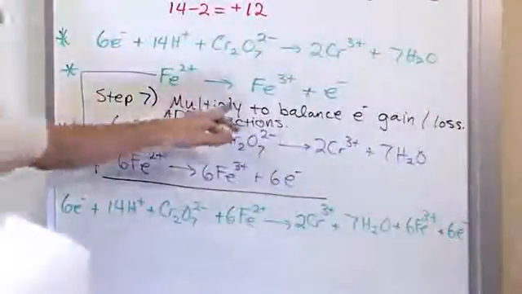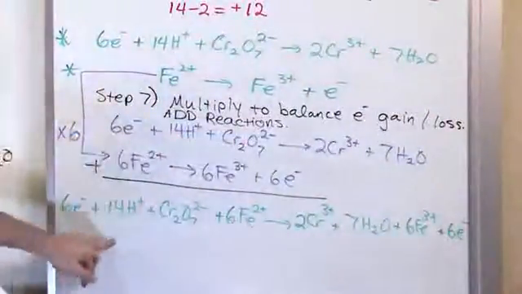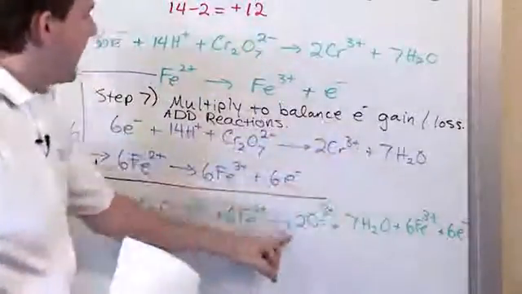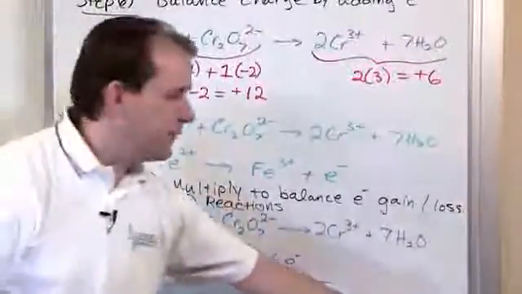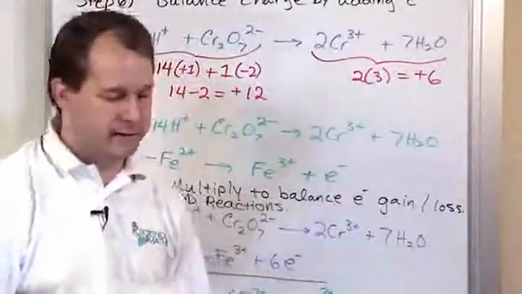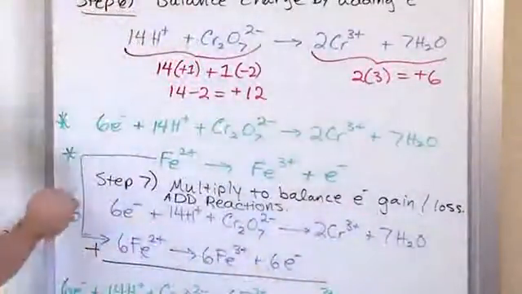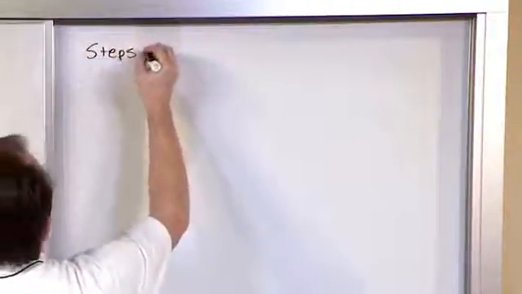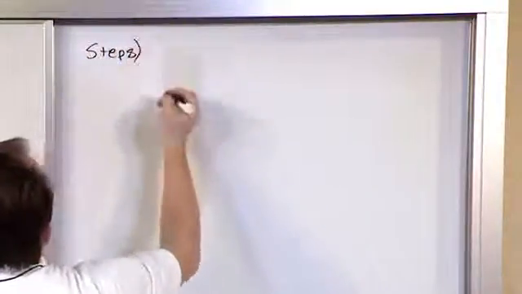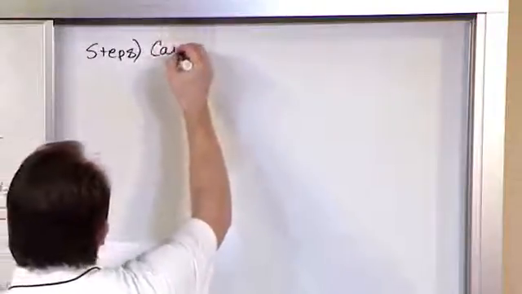All we do is we take everything on the left, add it together, everything on the right, add it together. And notice that we should have the same number of electrons on the left and on the right, just like we've been doing in the last couple of problems. So now, we're almost done. Step number 8 is the final step. Step 8. And that is to cancel